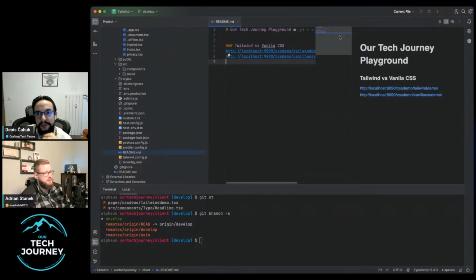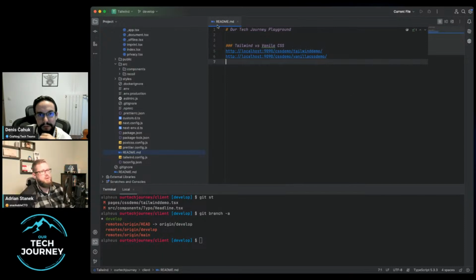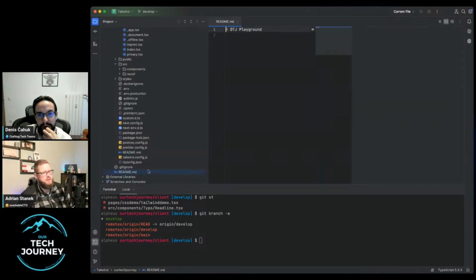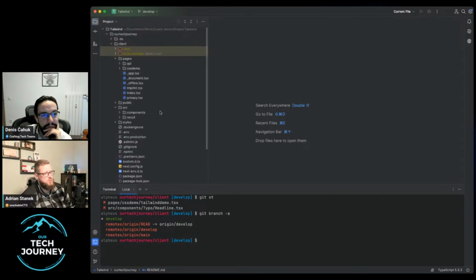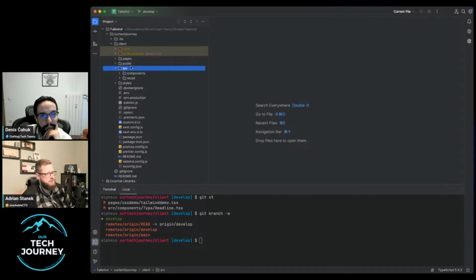We have Tailwind sorting, so it will sort the class names. We have some regulations there, like having at maximum 120 characters per line, just for testing purposes today.